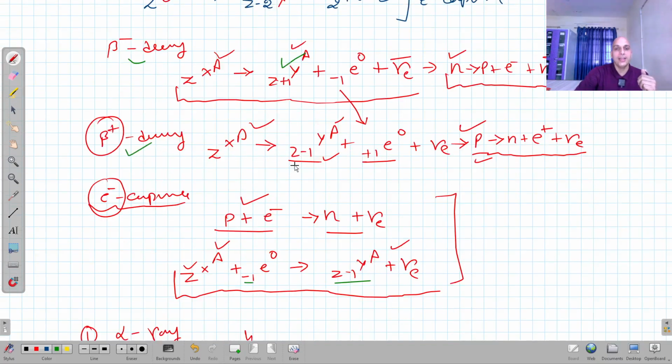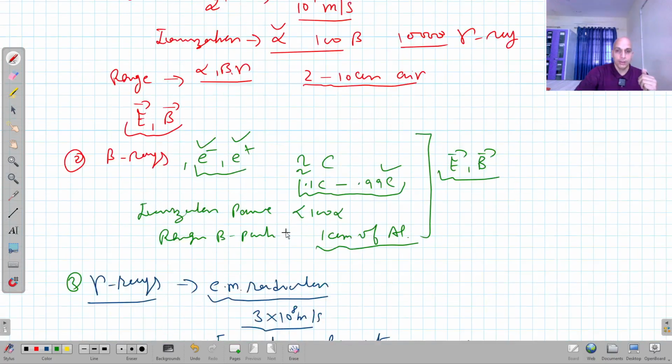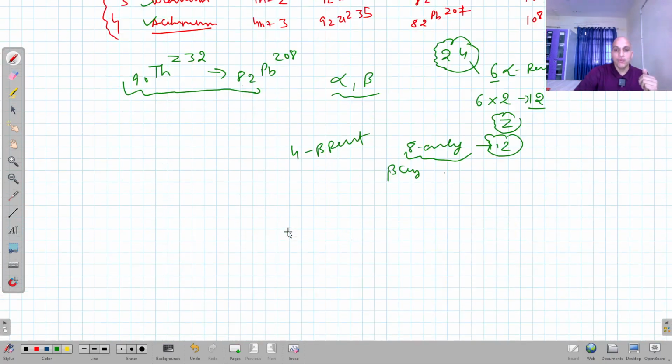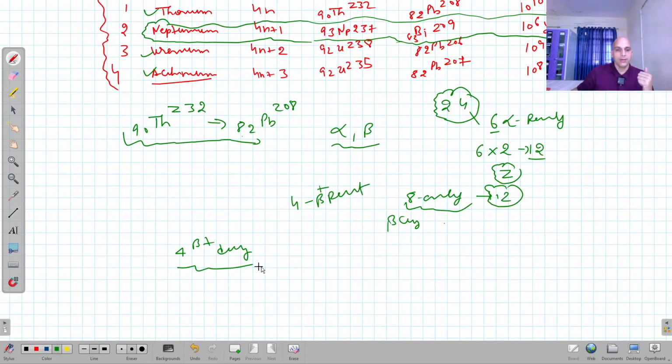Beta positive decay decreases the atomic number. So here you can have 4 beta positive decays. They will decrease the atomic number. So obviously you will have 4 beta positive decays, and you will have 6